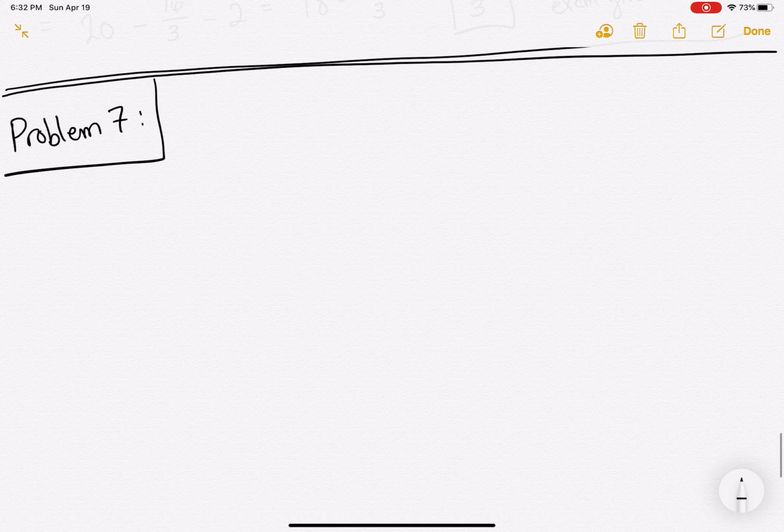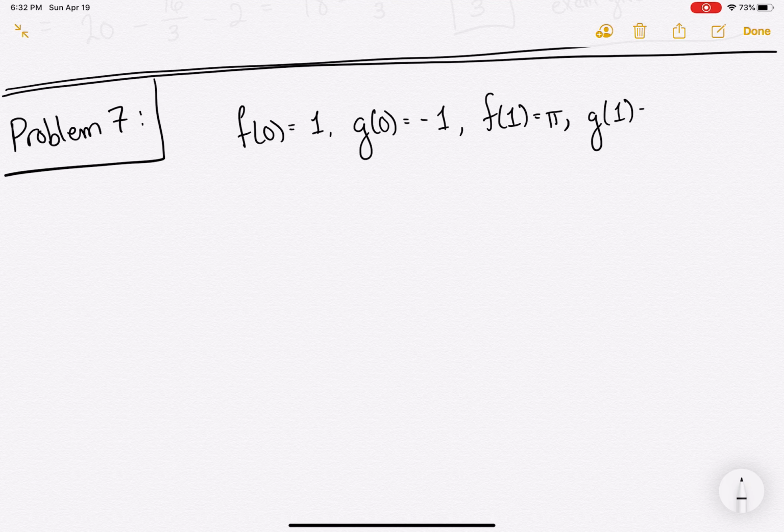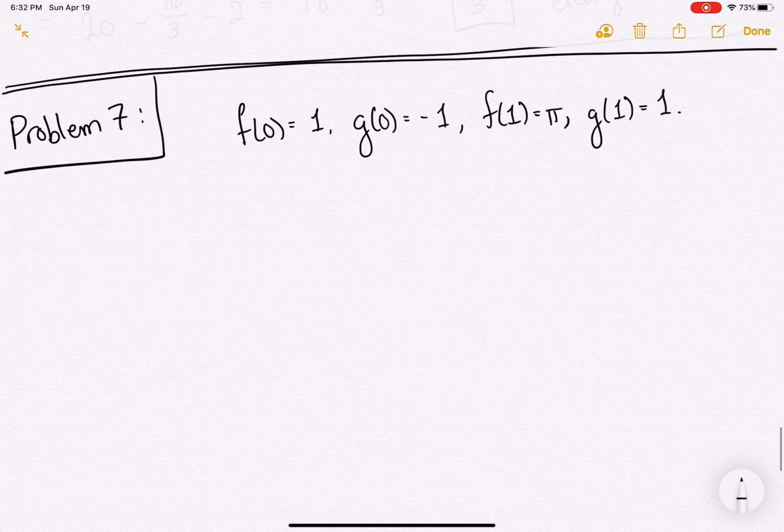This one is a bit trickier. I was a little mean to you guys. So I wrote down f of 0 equals 1, g of 0 equals -1, f of 1 equals pi, and g of 1 equals 1. I then say, further,